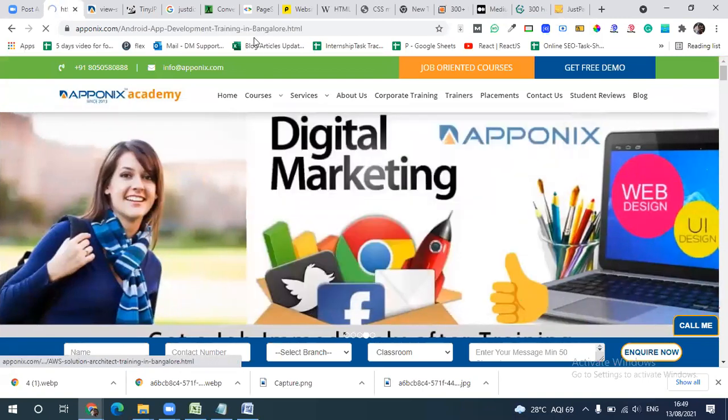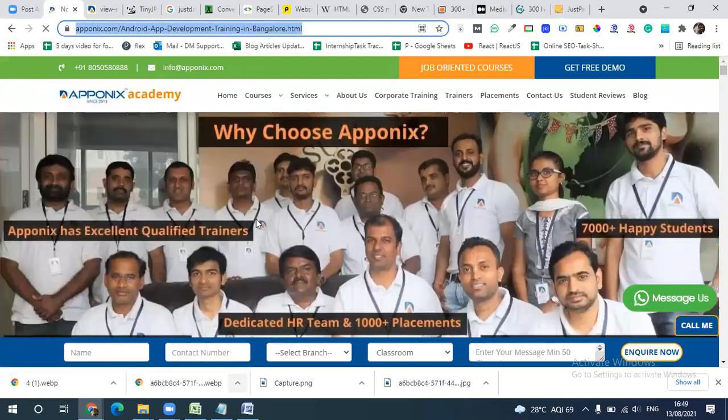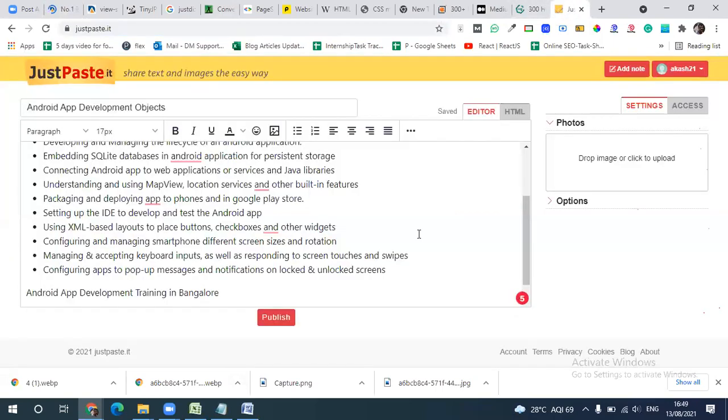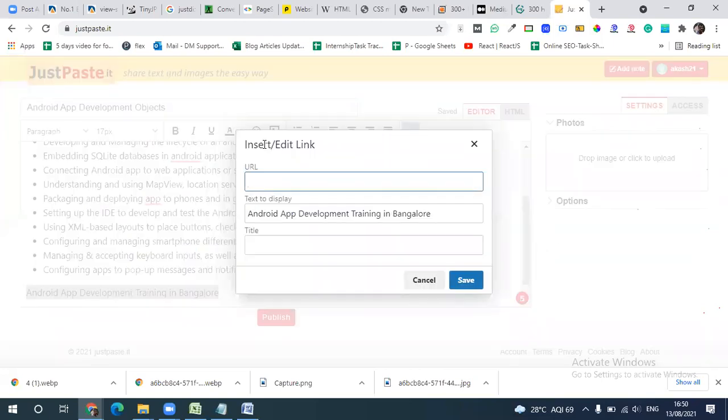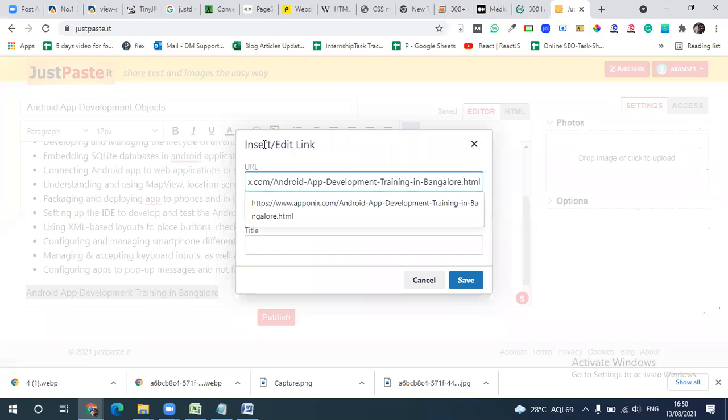Here is the Android app page. Just copy, select it. But here you have to use the editor option. Maybe you get it here, we will see. Yeah, here is the link. Just click on link, it will ask for the URL, just paste it.